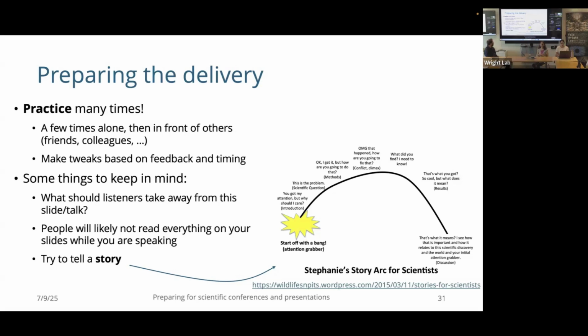And then another thing is try to tell a story. That can sometimes be a little bit difficult when we're talking about really technical research, but it makes it so much nicer for the audience to be able to follow that arc and to keep them engaged. You can look at this later, but basically you want to reach a climax of, okay, this is the point of the talk, this is where we were getting to. And now I'm satisfied. I understand why you're giving this talk and why it's important. So try to keep that in mind. I know it's not always easy.